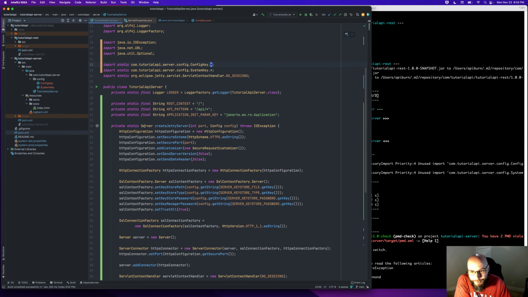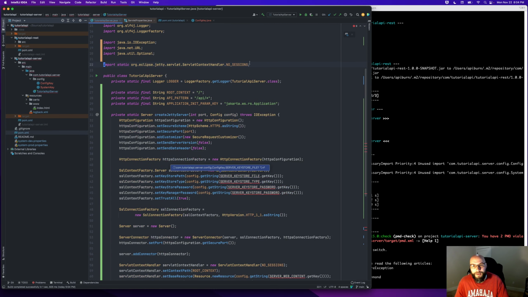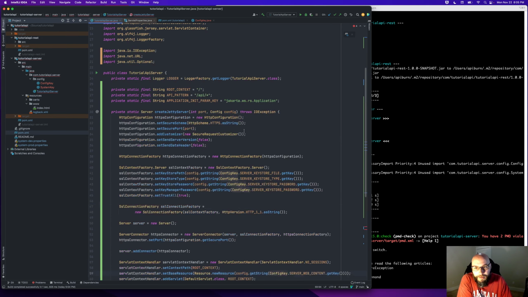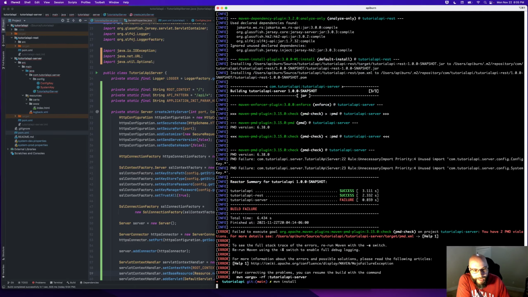I don't know. Rather than looking for that, I'll go ahead and get rid of these lines. I'll go ahead and get rid of those sessions as well. Servlet context handler. And we'll go ahead and add config key in here, and here as well. All right, so we basically just deleted all of our static imports.